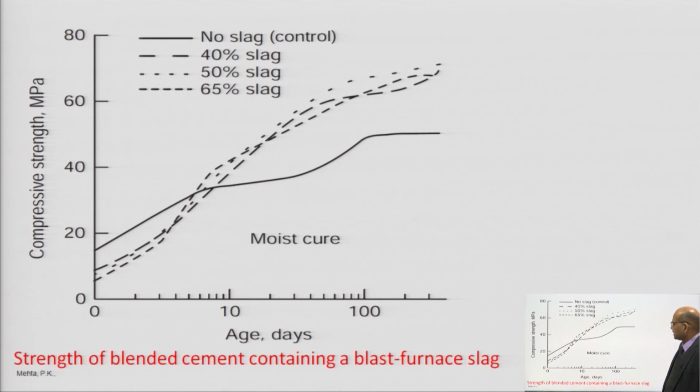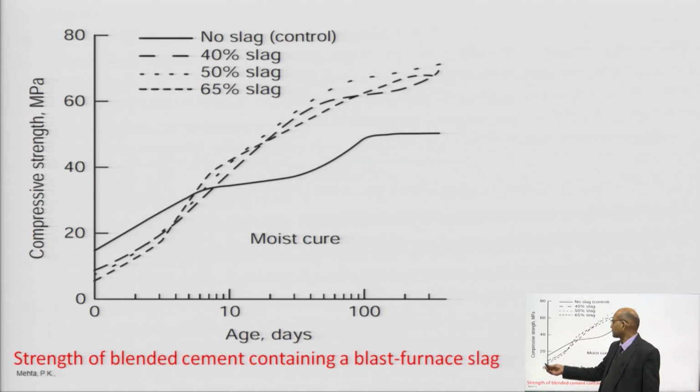Okay. Similarly, if you consider the strength of blended cement containing blast furnace slag, this graph has been taken from the paper by Mehta P.K. Here they have taken no slag, so normal cement where you have not put slag, 40% replacement by slag, 50% replacement by slag and 65% replacement of the slag. If you see the compressive strength, initially you are getting a lesser strength,